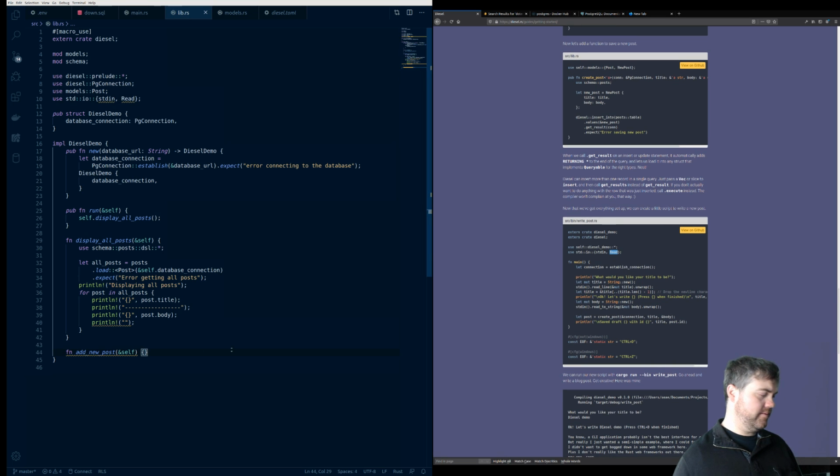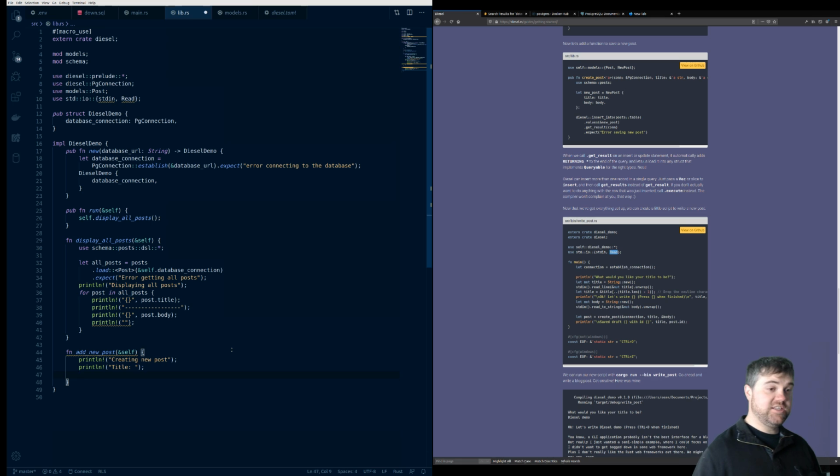Print line. What should, or I'll just do title. Creating new post. Print line, title. And so this is where we're going to read line. So we're going to say,